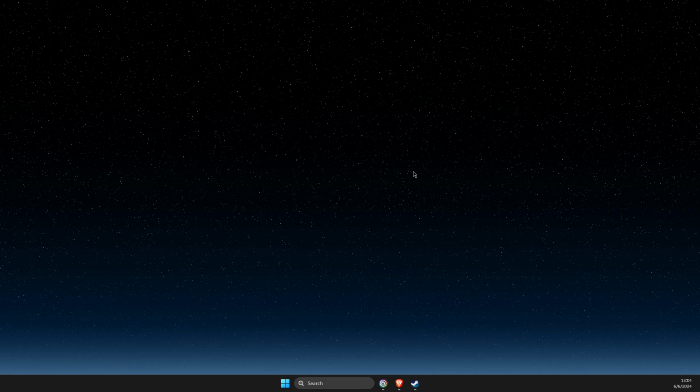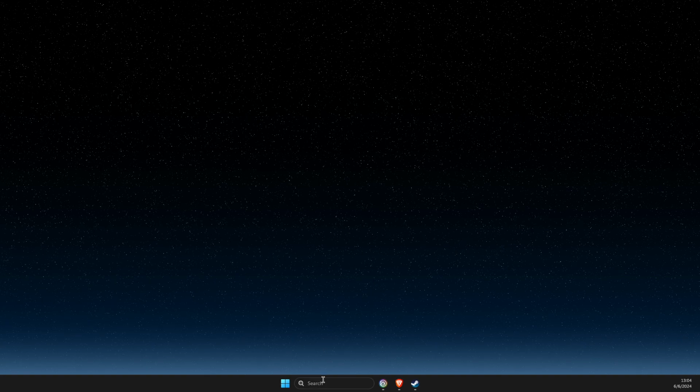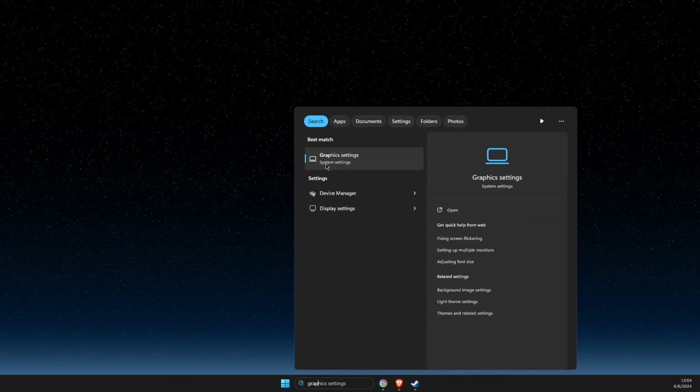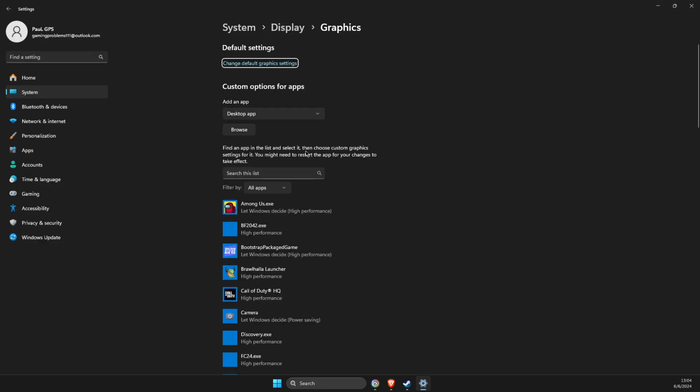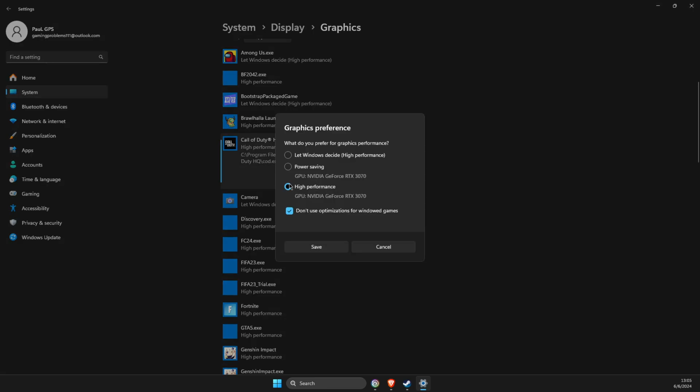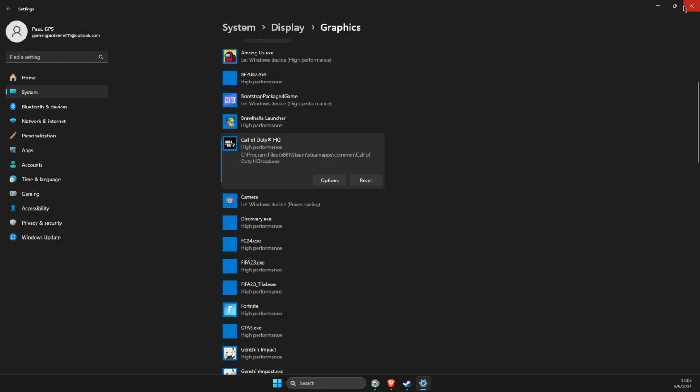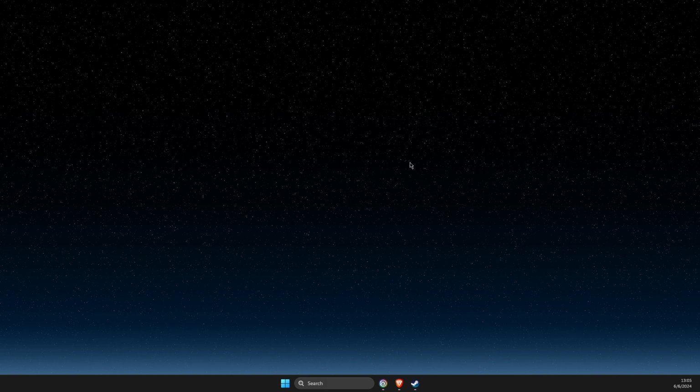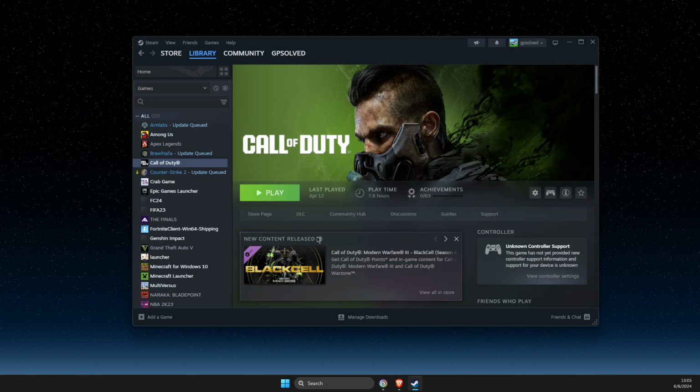And then another thing that you need to do here is to open up graphic settings. On graphic settings, you need to find Call of Duty here. Make sure to set to high performance and select don't use optimizations for windowed games, right? And then, unless you play on windowed mode, you need to go to Steam, right click